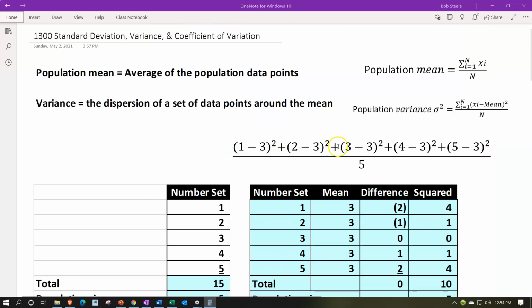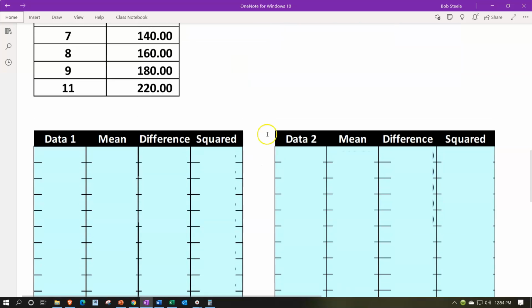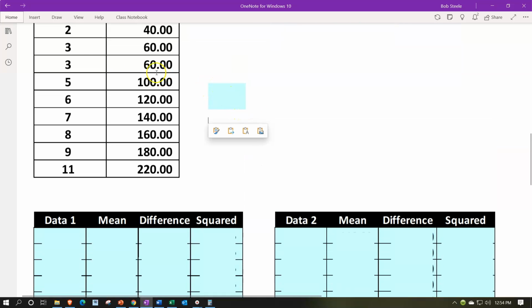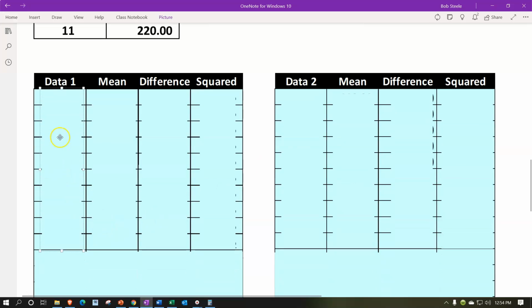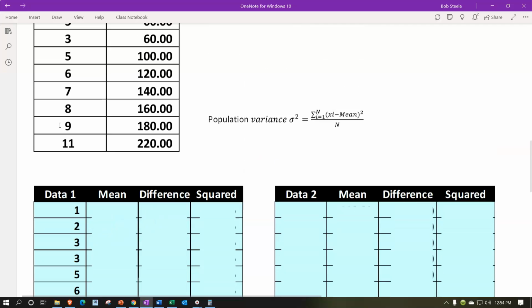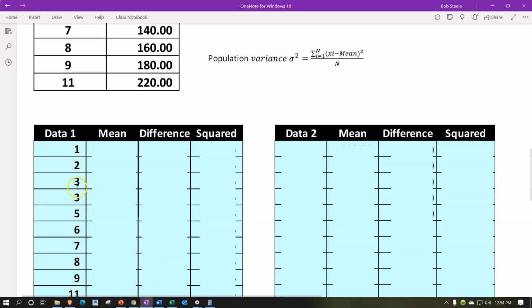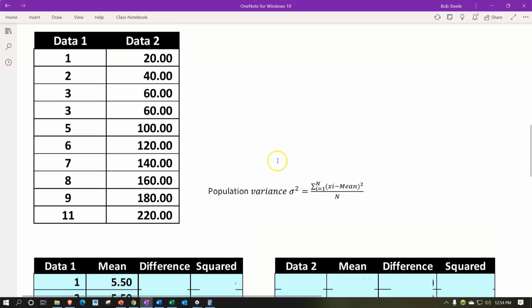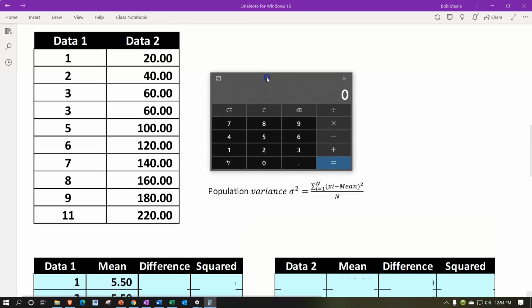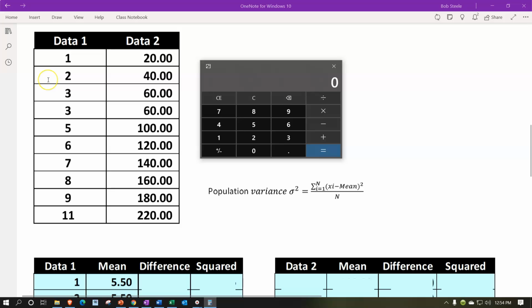And so note we're taking this formula now, the population variance. So we'll take our data, the first series of numbers here. And then we'll pick up the mean, which I'm going to simply calculate for us. Now the mean calculation, if we were to do this with a trusty calculator,